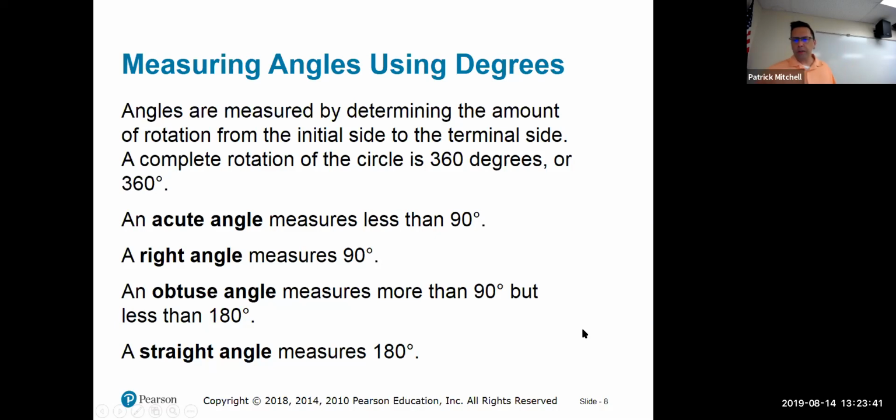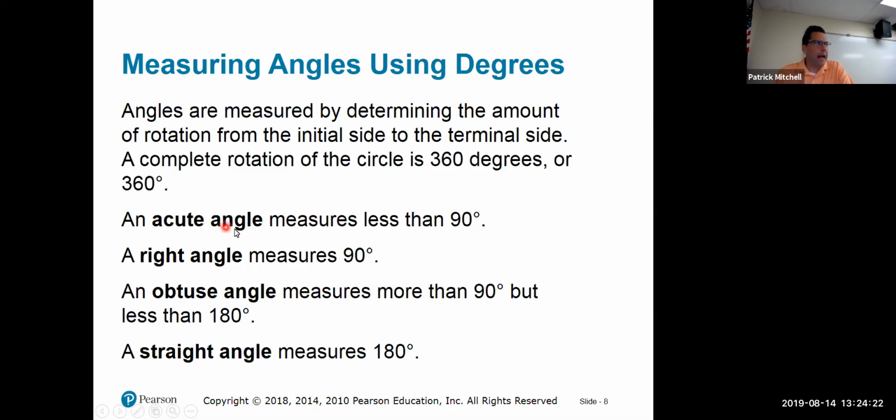All right, continuing with the vocabulary, it's likely that some of these terms are familiar to you. Angles are measured by determining the amount of rotation from the initial side to the terminal side. So as you likely know, a complete rotation of a circle is 360 degrees. So if you cut your 360-degree circle into quarters, you get some of your different kinds of angles. So an acute angle is an angle that measures less than 90 degrees. So imagine if your angle was drawn in standard position,